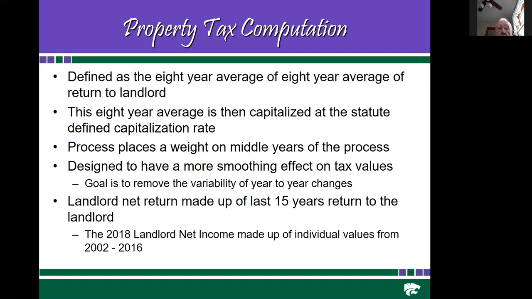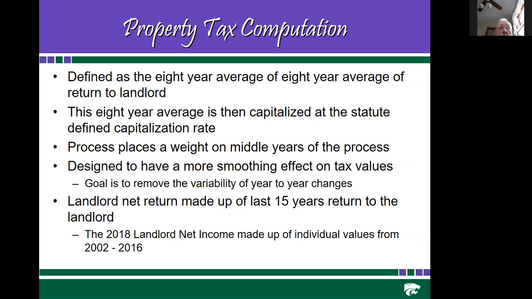The property valuation division then will adjust those to account for differences in the quality of land. And so there's some productivity indices that have been established that take into account soil conditions and average rainfall conditions to come up with a soil productivity index. And so the non-irrigated land and pasture land will be adjusted from that either district or county LNI up or down to take into account the different quality of land.